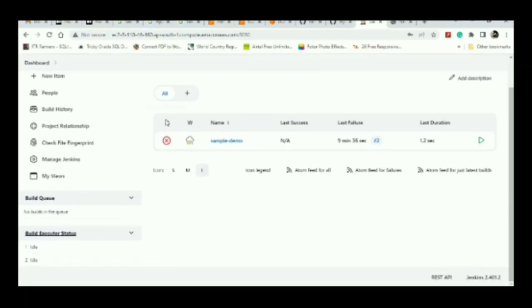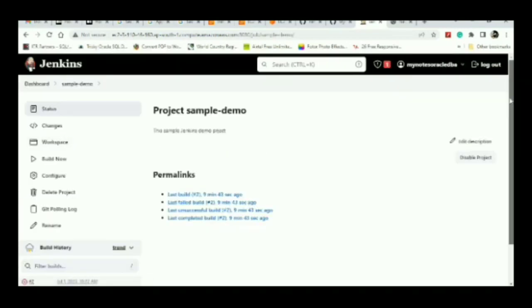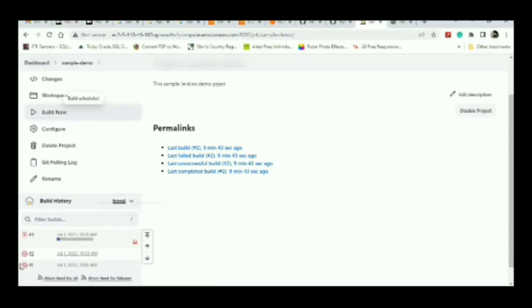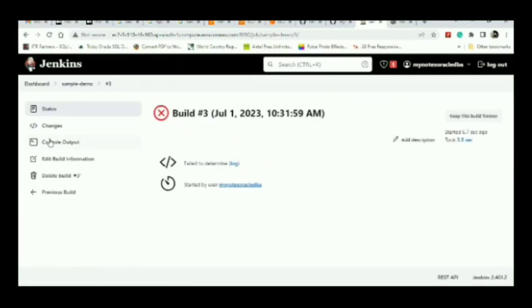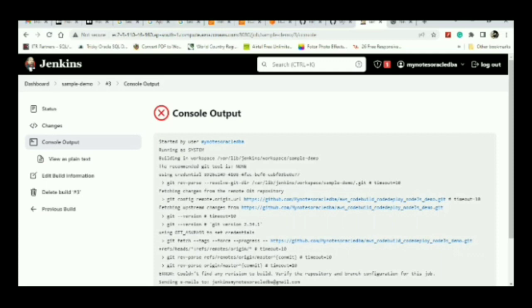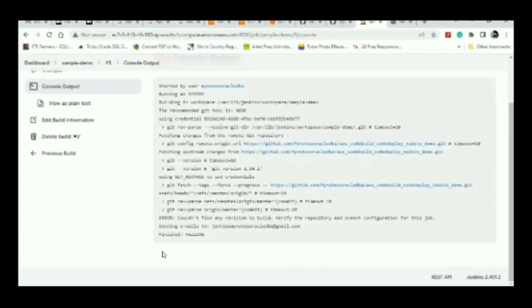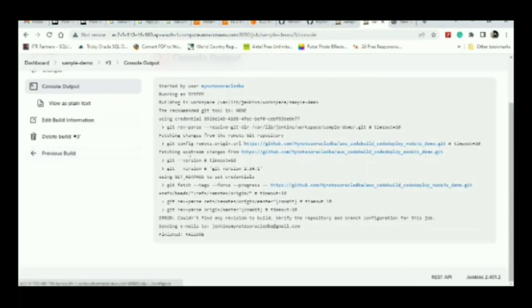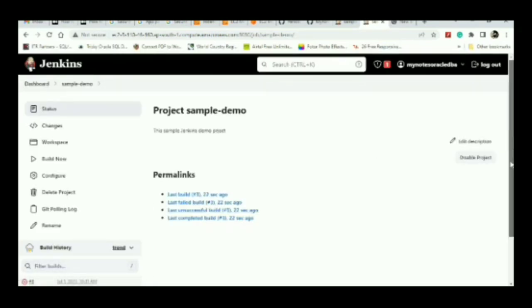Now you can go back to our demo job and manually trigger it. The console output will say the same error, because we purposely made the branch name wrong. Before that, I will duplicate this window and show you the previous job and this one. If you look at the previous build,